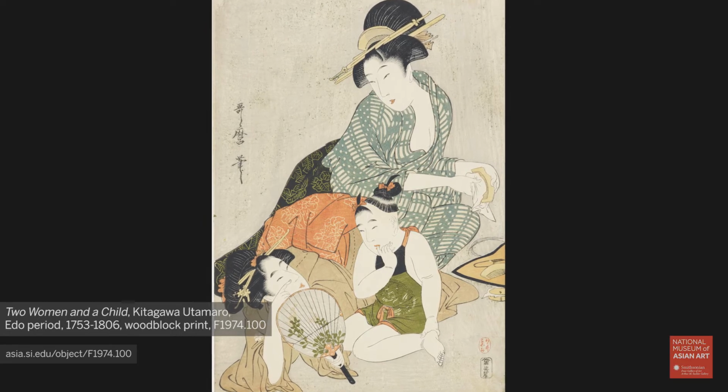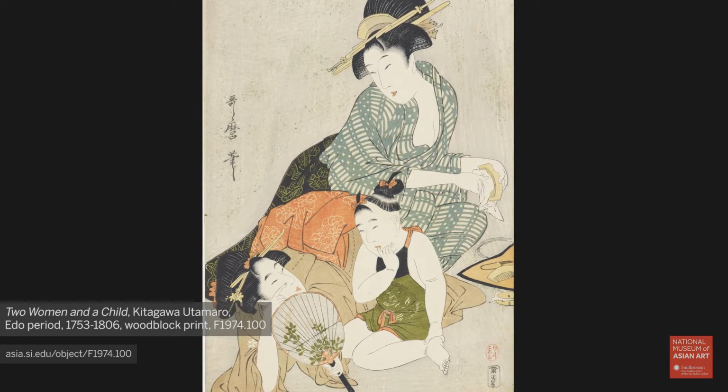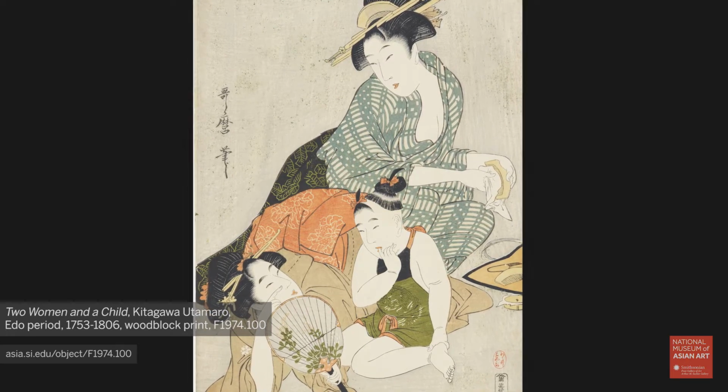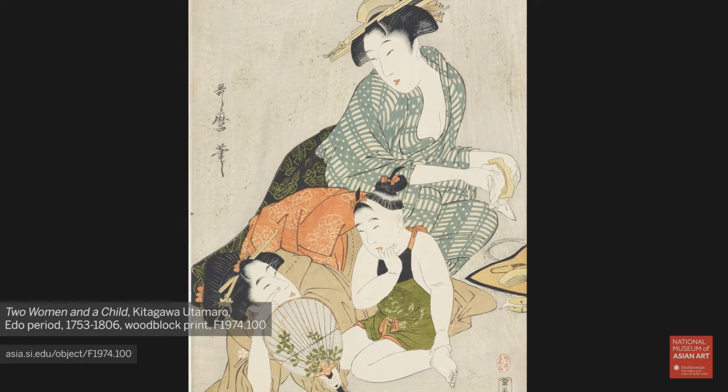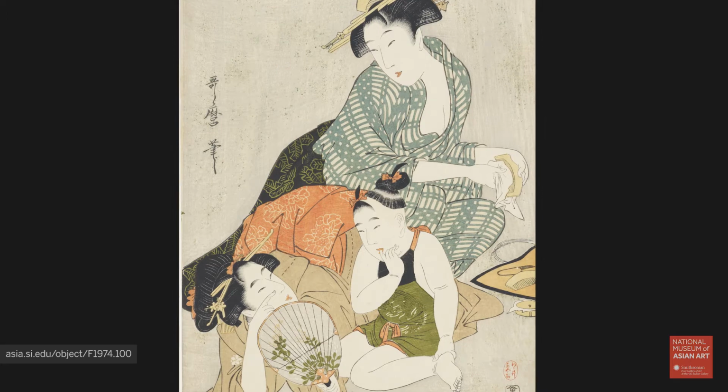Part of Utamaro's success was his reputation for having an insider's perspective on the workings of the entertainment districts, because he himself had been born in a brothel. Now, whether that story is true or not, it has remained popular, partly due to scenes like this, intimate pictures